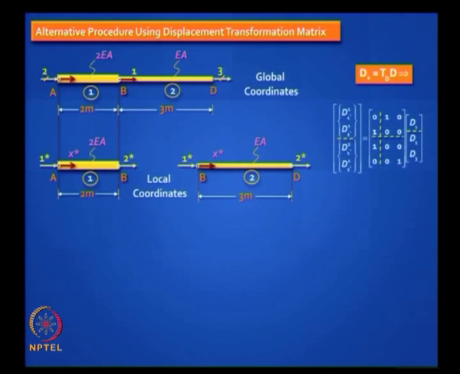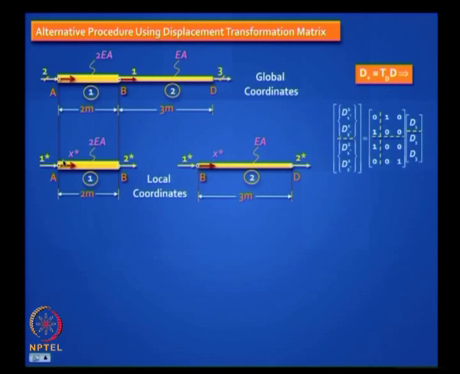Why do we say that? So take a look at this. This is your TD matrix. To fill the first column, and mind you there are two elements, this belongs to the first element, this belongs to the second element, you apply D1 equal to 1, which means if I put a unit displacement here, what gets affected? Well, this gets affected and this gets affected because they both connect to the same point, right?